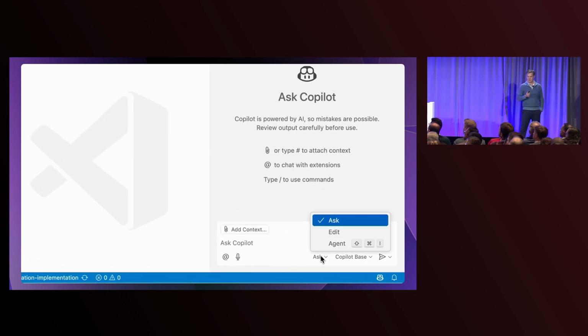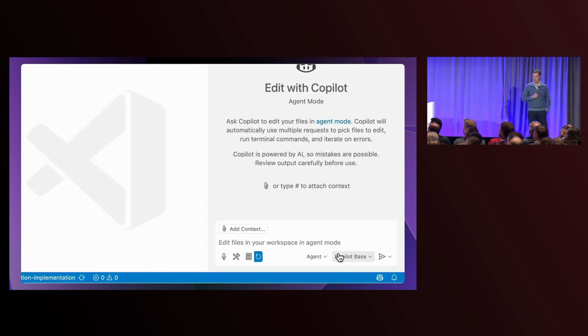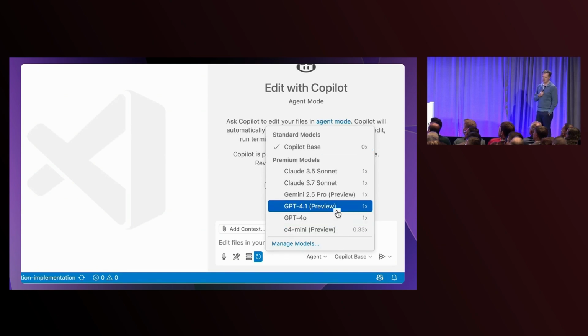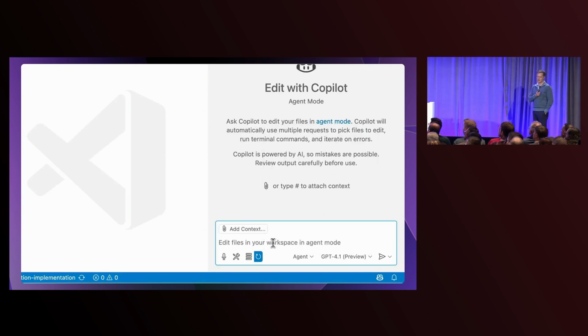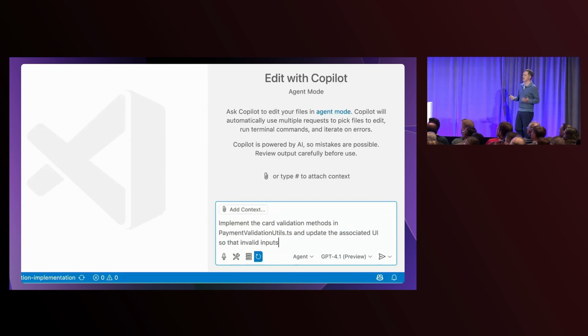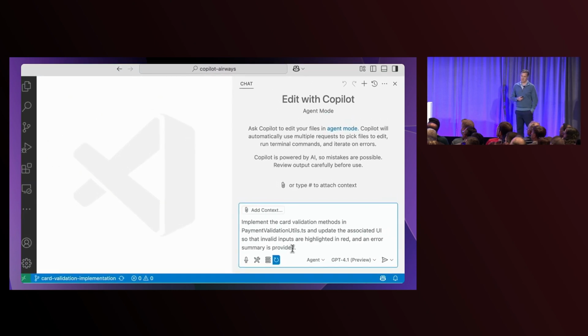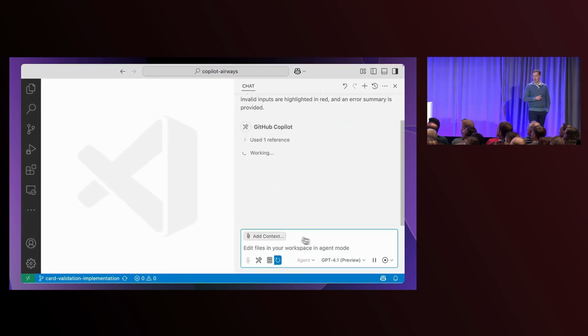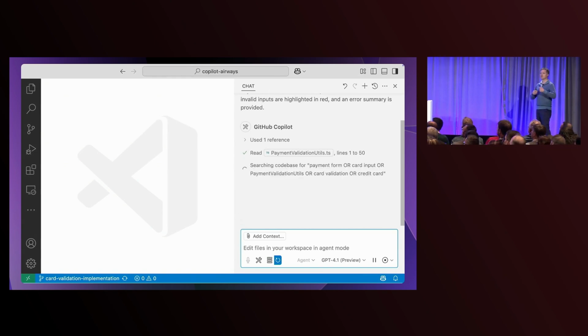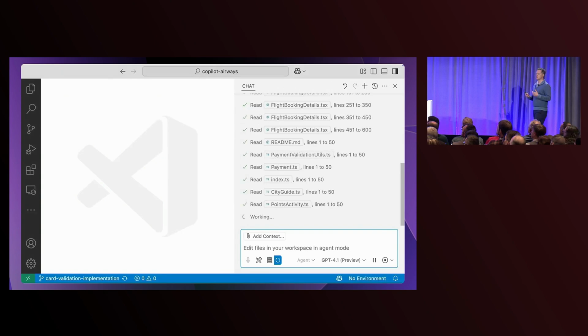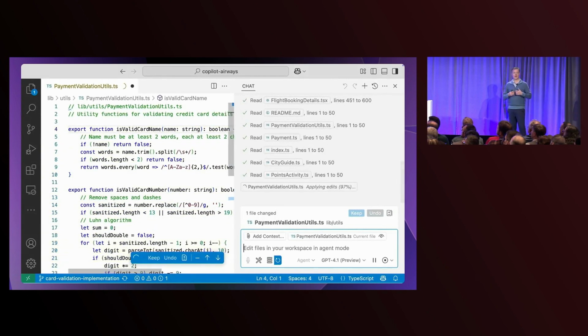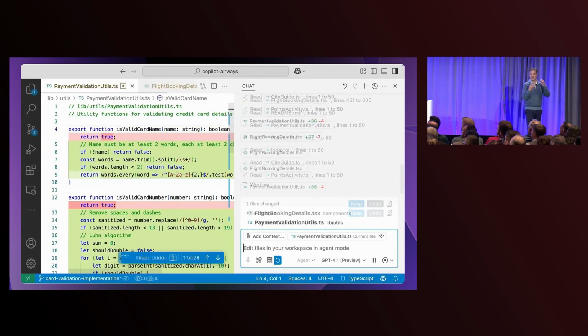And so I'm sure everyone here is familiar with agent mode, but I'll just quickly go through it here. You can set the selector to agent inside VS Code chat. You can pick the model you want to work with. You can give it any task you'd like to solve. And VS Code will go off and work on this. Of course, it will work on it both by reading files and proposing some changes. But then most importantly, it'll also go and actually make those changes. So it'll go and edit the files inline.